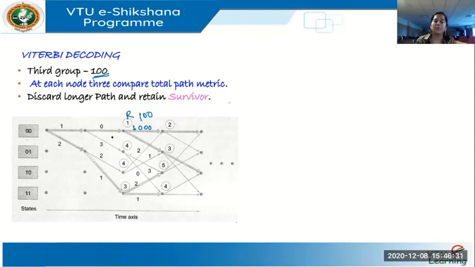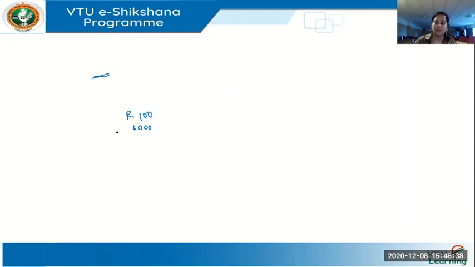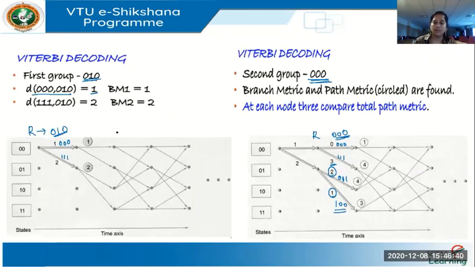Okay. Or before that, we can do one thing. Since we have arrived till this point, we can calculate the path metric. See here. Wherever we have anyway, from here to here, the distance is 1. From here to here, the distance is 1 plus 3, 4, as you can see. This is called path metric. Since we have completed 2 time states, there is a short path formed. It's not a single branch. So it's a short path of 2 branches.